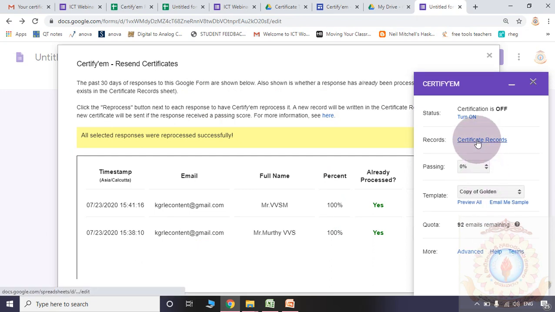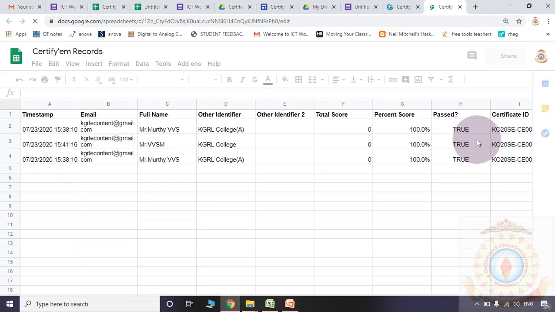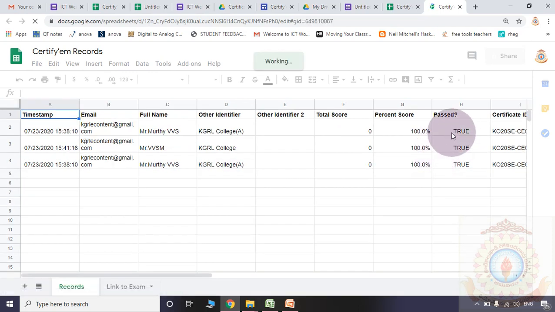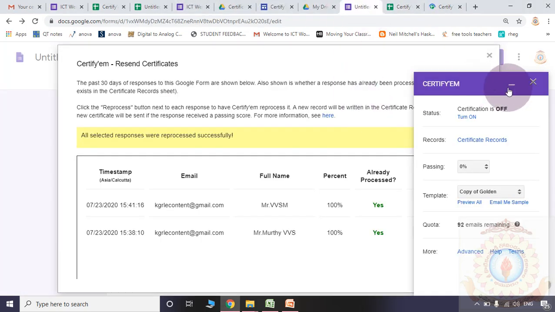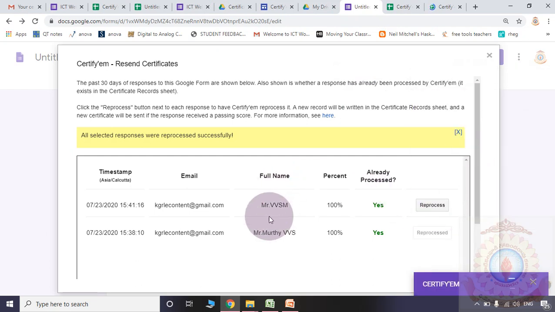So here, in the certificate records, automatically you will verify to whom you successfully sent all the certificates. The successful cases you will observe in this place. Am I clear? The failed cases you will observe in the recent certificates window. Whenever a no is coming here, you are supposed to click the reprocess. If anybody is requesting to send the certificate one more time, then also you are supposed to reprocess. That is the story.